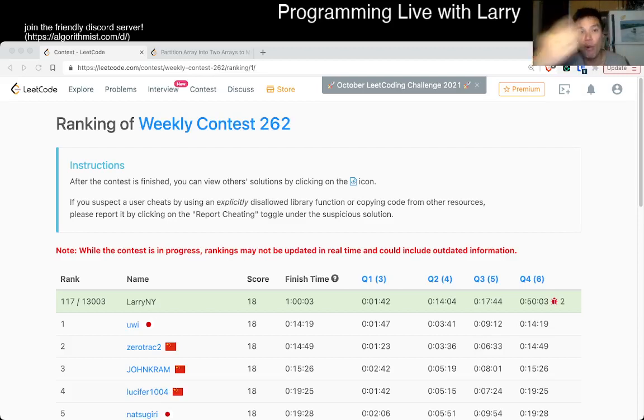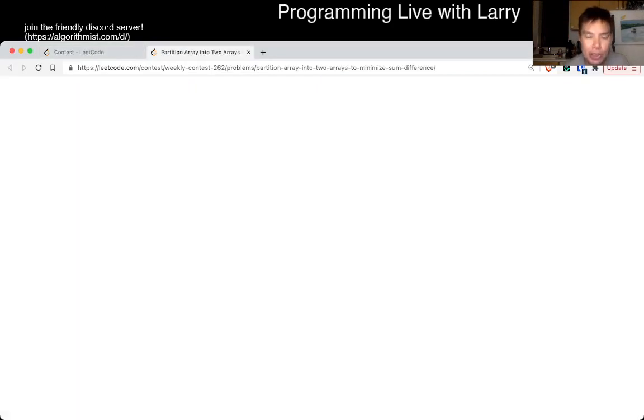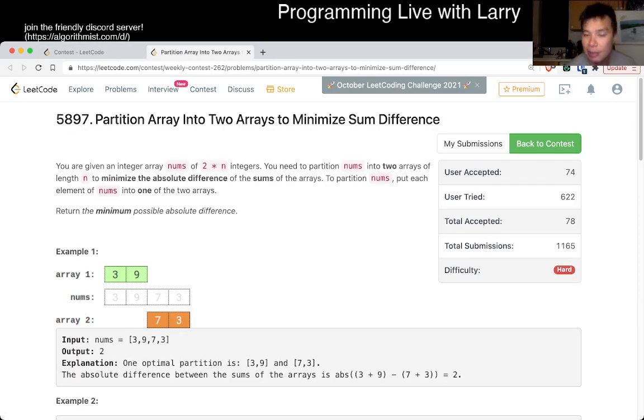This is me going with Q4 of the weekly contest 262. Partition array into two arrays to minimize sum differences. So this one, it's kind of a textbook problem to be frank, but I'll make two points. One is I misread the problem, I spent some time there, but actually the solution is very close to it. And two is that